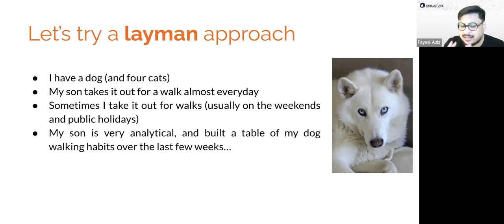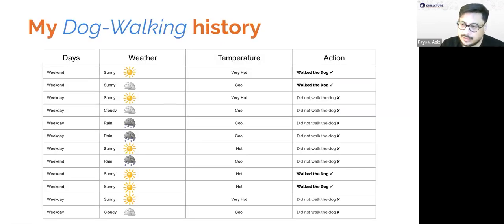Now, my son is a very analytical person. He is top of his class in mathematics and all that kind of stuff. So he analyzes every behavior, and he likes to classify everything as yes or no, if possible. So what he did is he made a chart that looked something like this. What is this? Well, it has the days. He has classified the days.